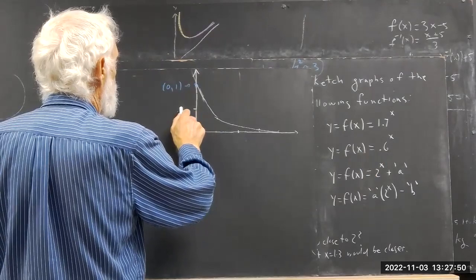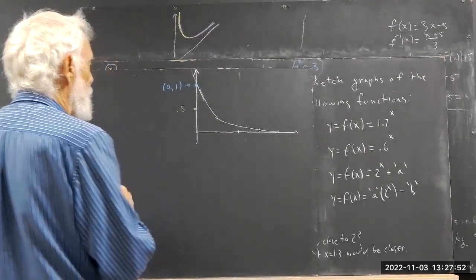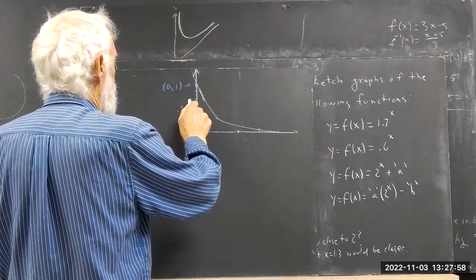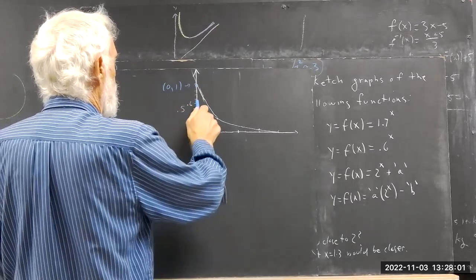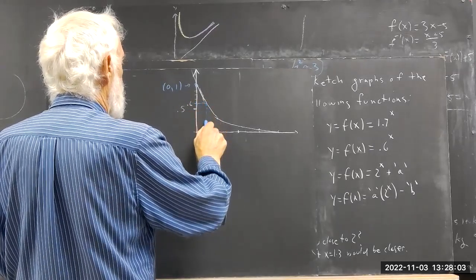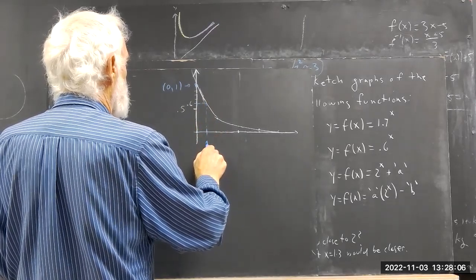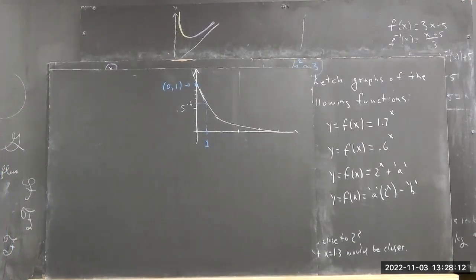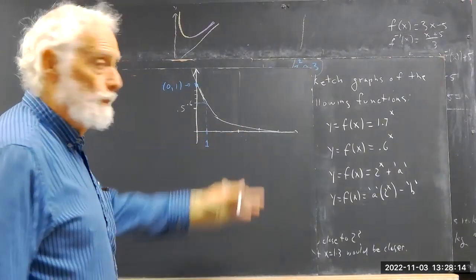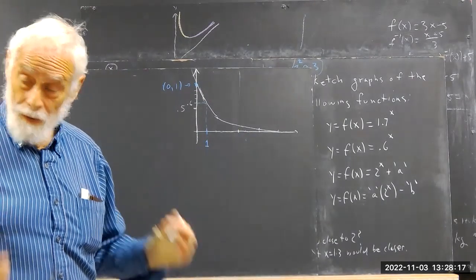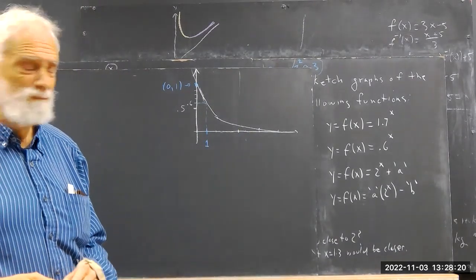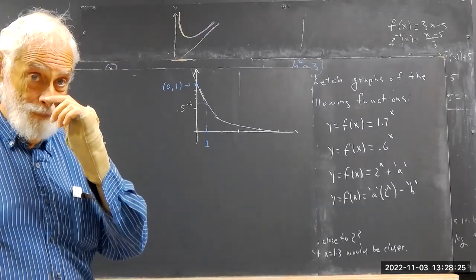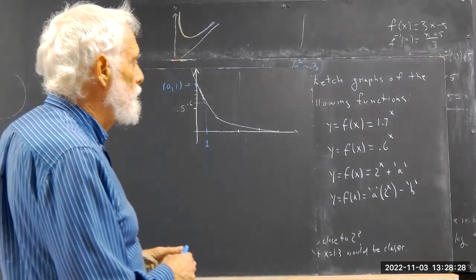Well, here's 0.5. So thinking, 0.6 will be about here. So I just project over and down. And right here is where x equals 1. I'm not going to require you to be able to do this, but it's a handy way to relabel a graph that has a nice exponential shape so that it works for you. Okay, so